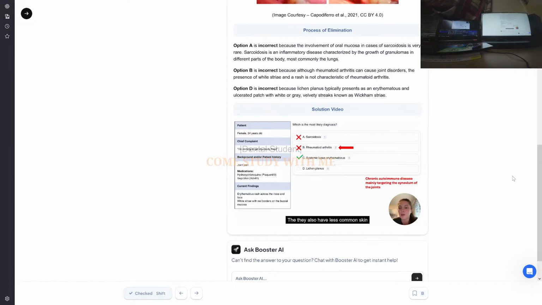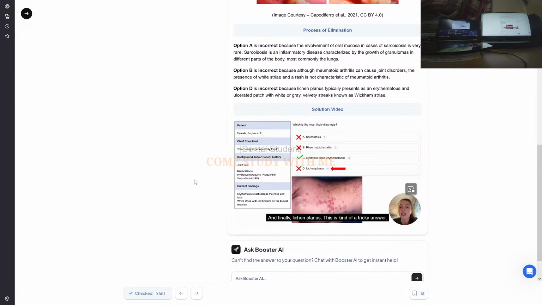They also have less common skin and oral presentations than what we saw in lupus, and they present very differently. So the skin may get these small lumps or nodules that form. It's not like a rash, and the mouth may become dry or have gingival inflammation. We're not seeing these lichenoid lesions, this white striae, these red borders. There's no butterfly rash or lichenoid oral lesions, so we know this is not the diagnosis, even though she did have joint pain. And finally, lichen